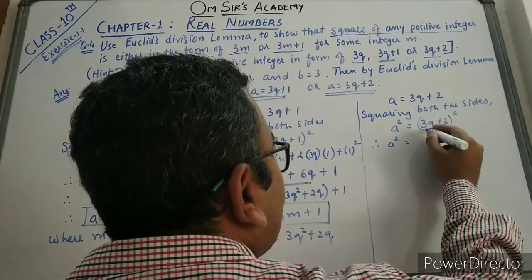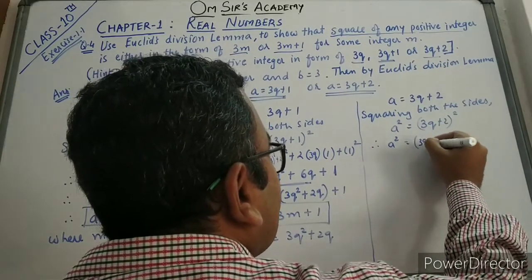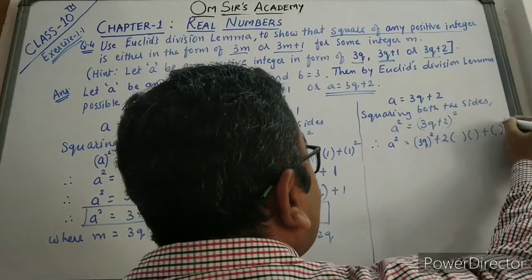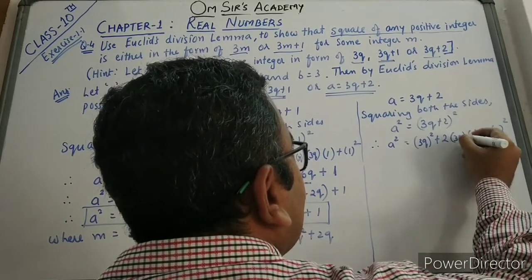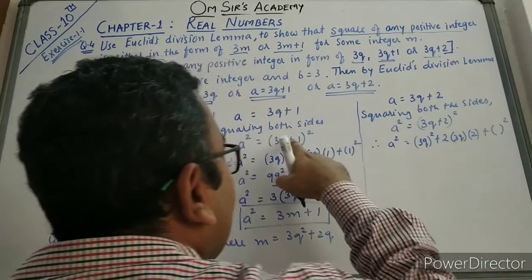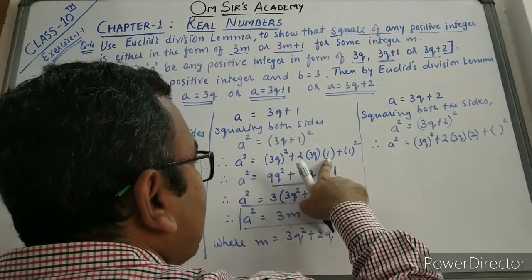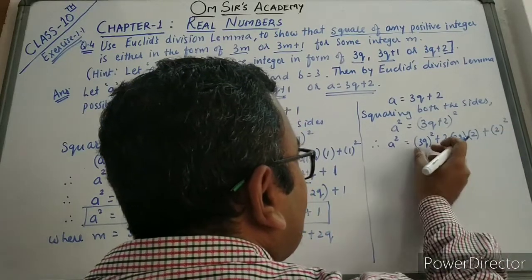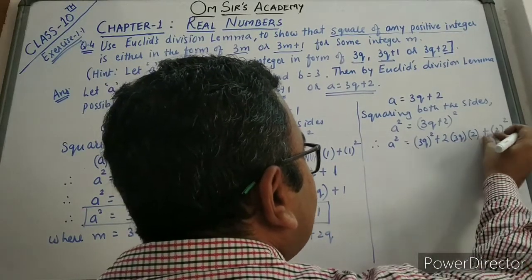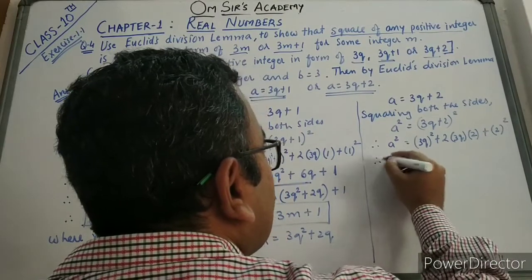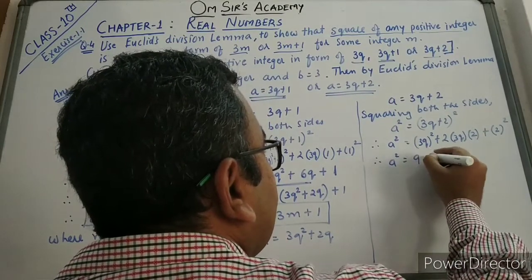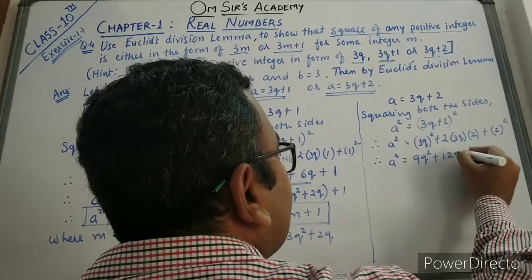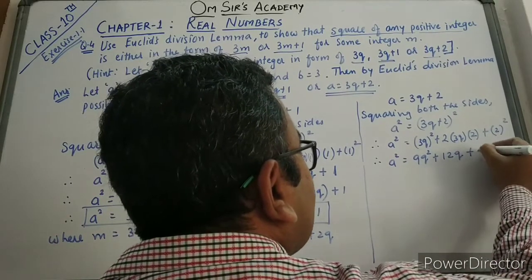So here also what is my a? 3q. So (3q) the whole square plus 2ab plus b square. So a is 3q and b is 2 over here. Earlier b was 1, so we kept 1 and 1 square. Here b is 2, so 2 and 2 square. So a square plus 2ab plus b square. So the solution will be 9q square plus 2 2s are 4, 3s are 12q, plus the square of 2 will be